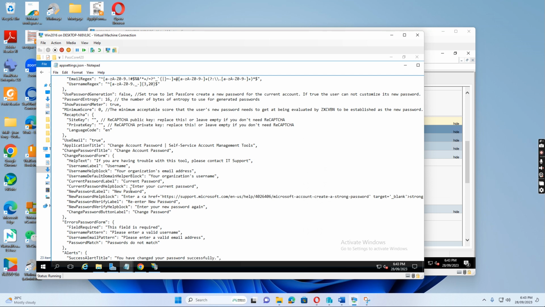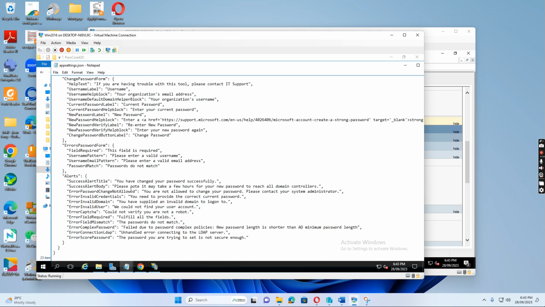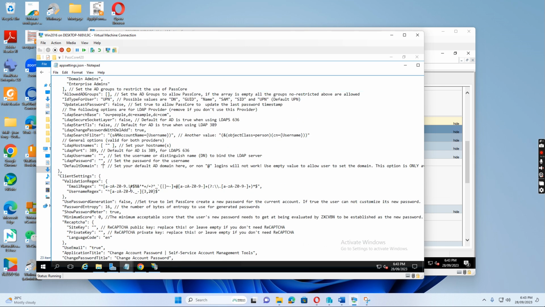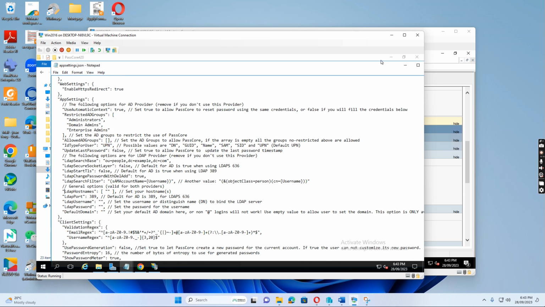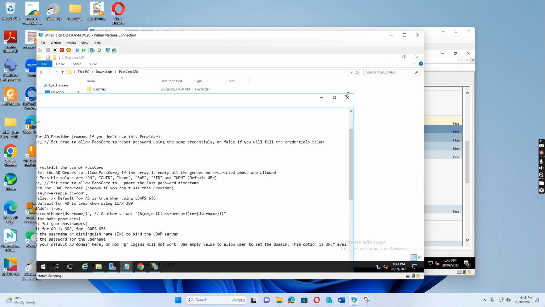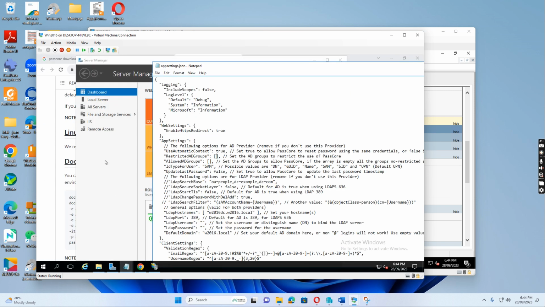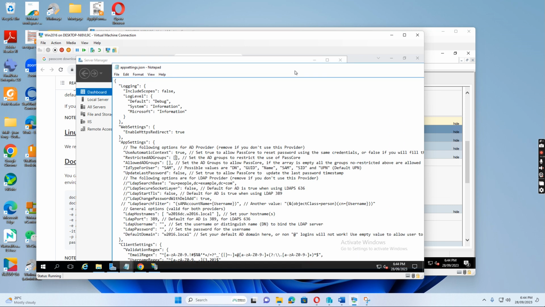I show you. So it's there. So if I go to this folder, the C drive folder,